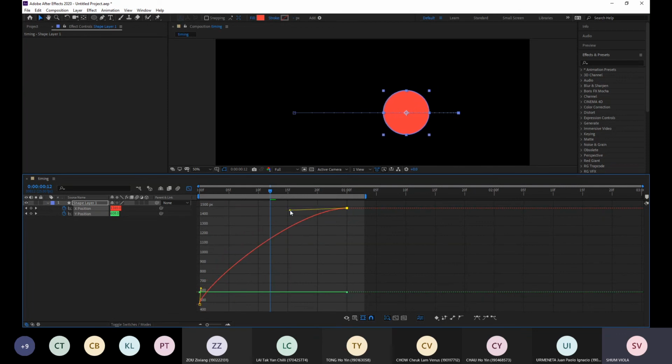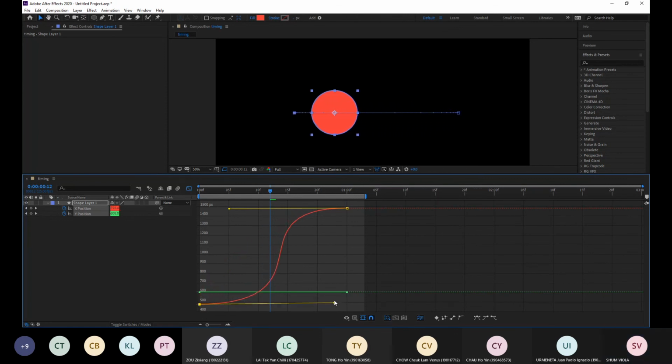Okay, so you can make this handle very long like this. You will see that the longer the handle you have, the more horizontal the line here becomes. Okay, first horizontal. And this one as well, I will make this one very long, and then it will make it look very horizontal.